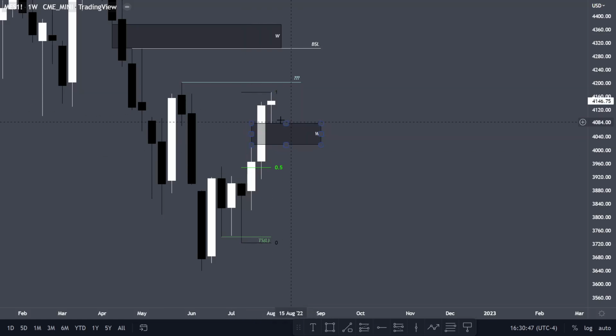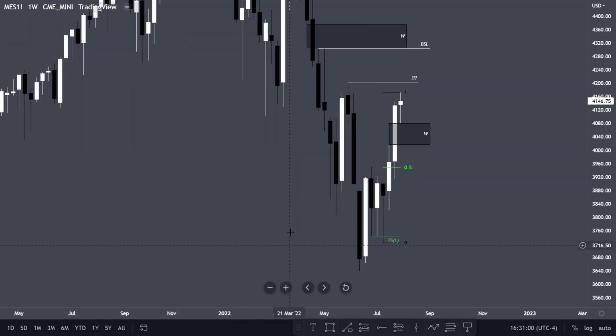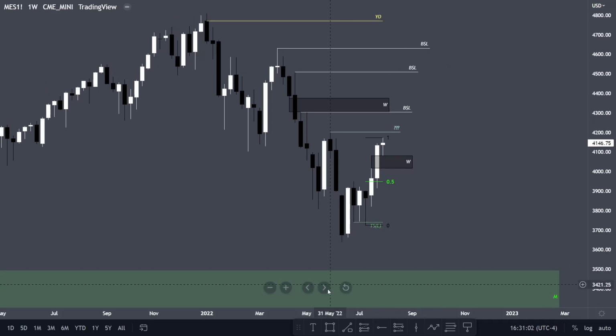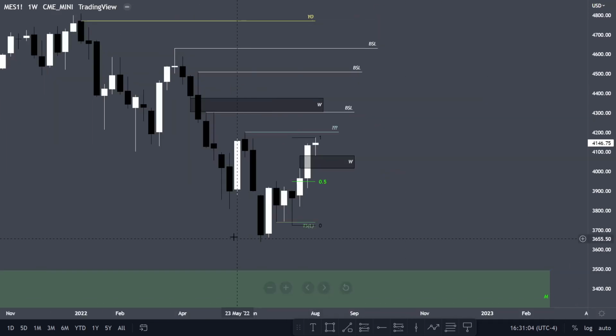And it's kind of concerning that this gap is above equilibrium, and the last swing low we made was this low. So really, if it's a bullish trend, like if this is turning out to be a market maker buy model, right? If that's what this is looking to be,